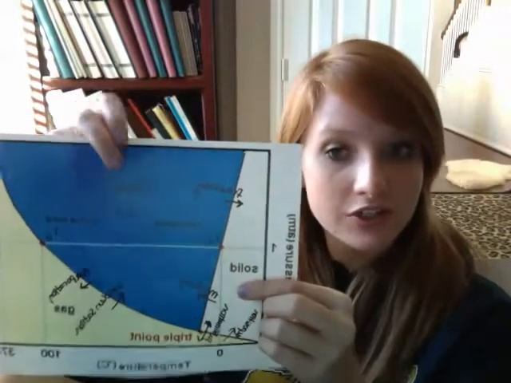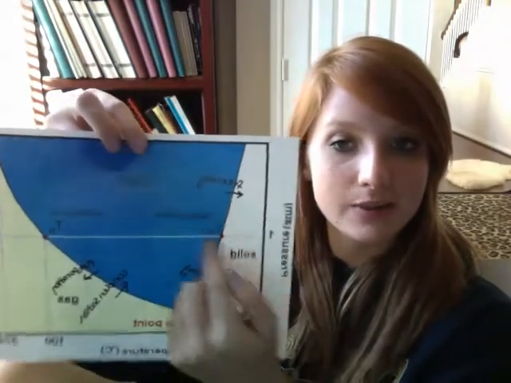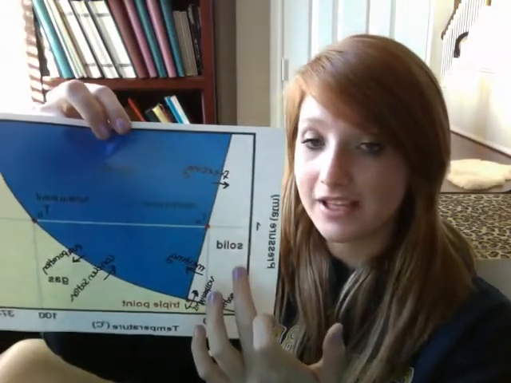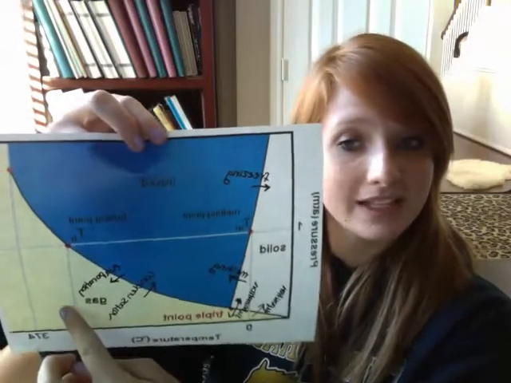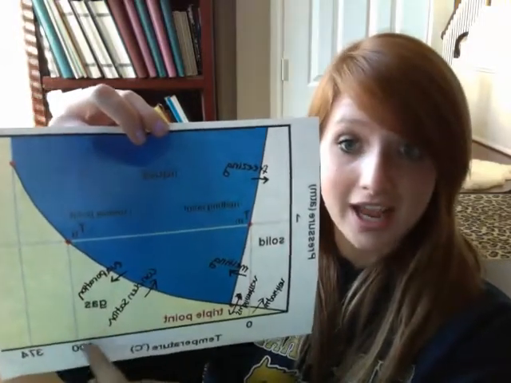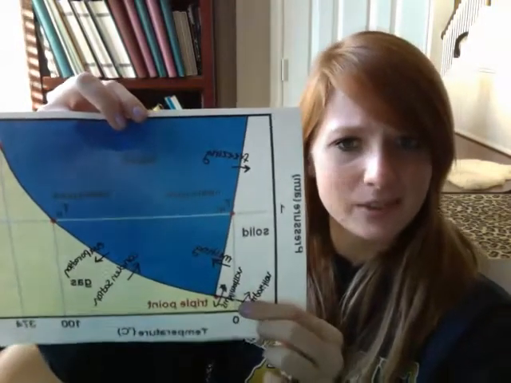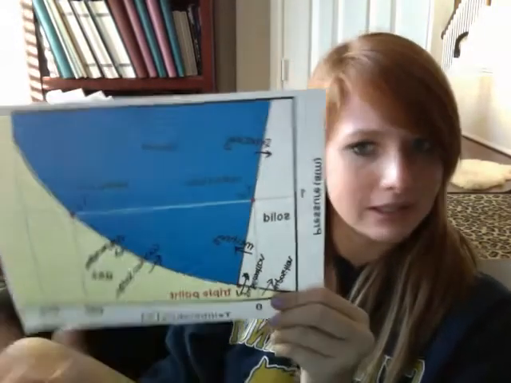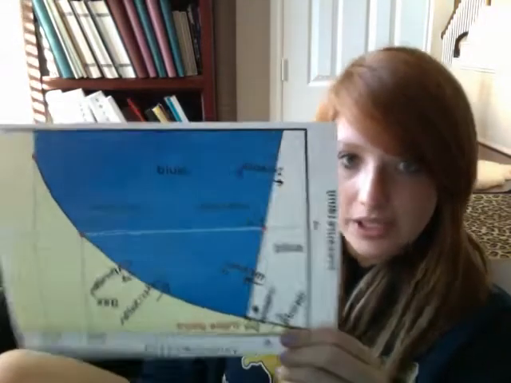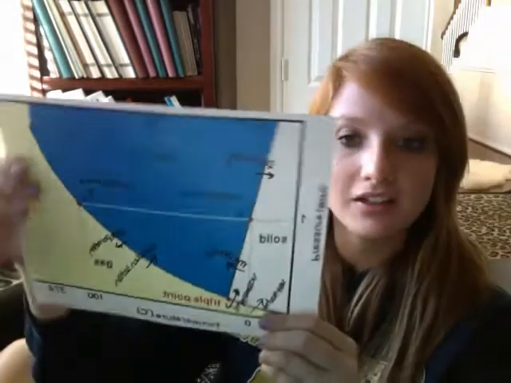The first one you should know is when something goes from a solid to a liquid, it is melting, and liquid to solid is freezing. Then you have the liquid going to a gas, which is evaporation. Gas to liquid is condensation. Then we have these weird ones down here that we didn't learn about in elementary school, so they're all really new to us and we have no idea what's going on.